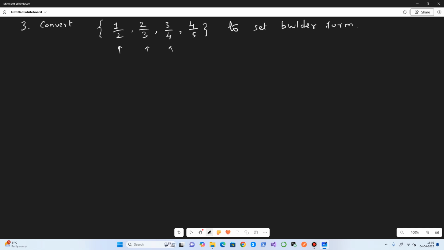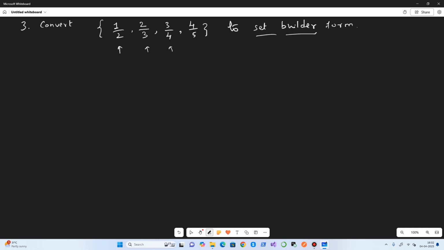In order to convert this to set builder form, it is very important to understand the characteristic or property of each of these elements. Is there any pattern between these elements?